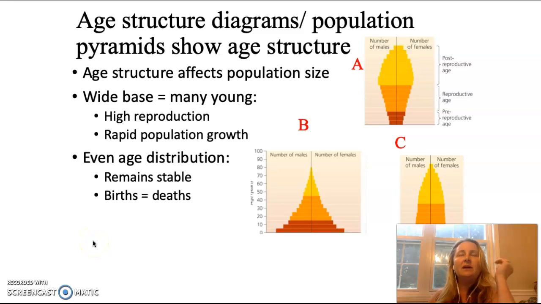Okay, so I think that population is a good time to start looking at how images or graphs could be used, and you'd have to analyze them. When we look at population, a lot of times we're given these age structure diagrams. It's a really traditional way of showing how a population is changing over time, and it really tells a story about the population. So here we have three different age structure diagrams,